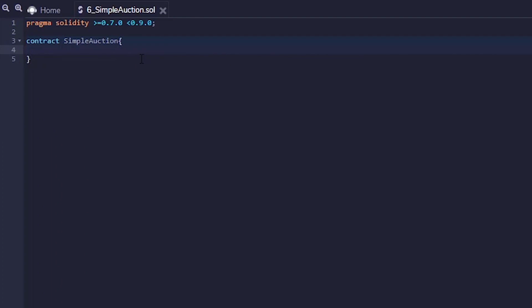Now, the first thing that we're going to do is we're going to declare some variables. And it's quite standard. You know, the first thing we do is we declare variables and then our constructor and our functions. So the variables, the first variables that we're going to create, they are parameters of our auction. So by parameters, I mean variables that will not change state. So the first one is an address that we're going to make public, and it's going to be the address